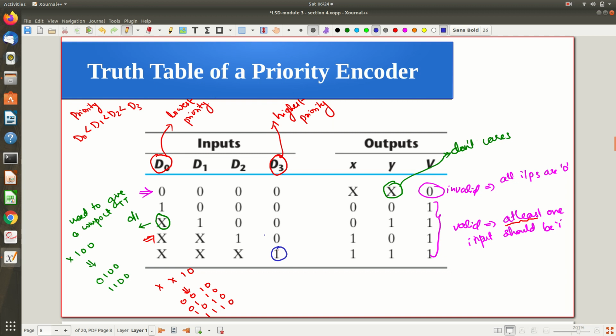So it can see that D2 is 1 and D3 is also 1. So which is having the highest priority? D3. So it will give you the